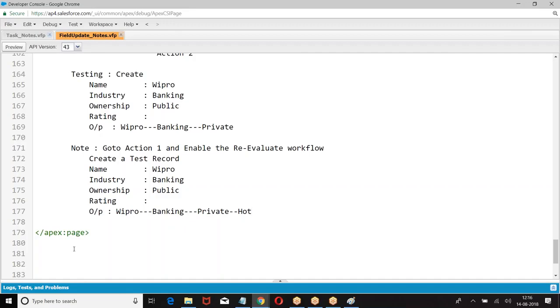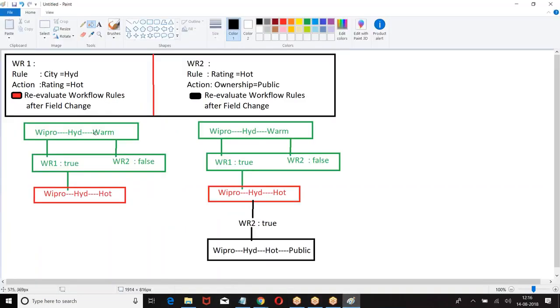See, you're mistaken. Workflow 1 is already true, right? Workflow 1 you verified, it's already true. That's the end of the game. Leave it. When you make an action, workflow 1 is true. Then perform the action. That is the end of workflow 1. Now workflow 1 is not in action anymore. Only the remaining rules which failed are in action. Now one rule will be true only once. It is true, leave it.